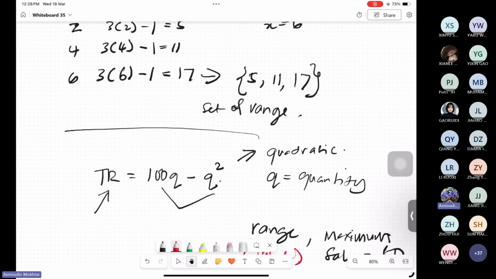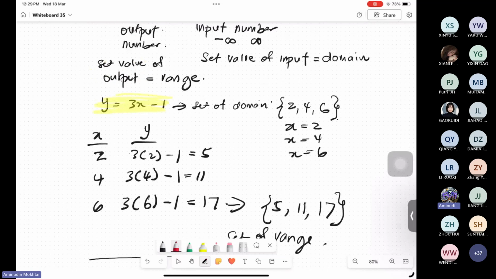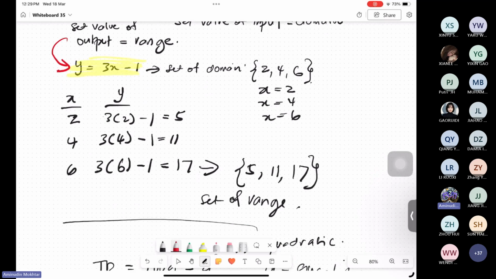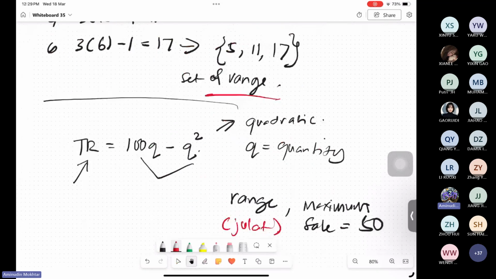The range is julat. Range is also referred to as Y. This is also the set of range. This is a set of domain. So this question asks